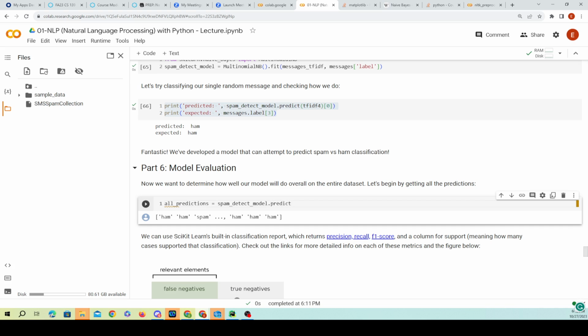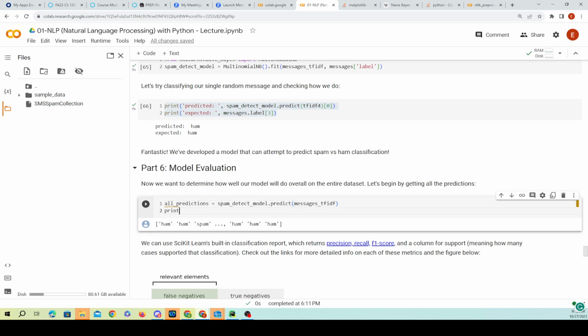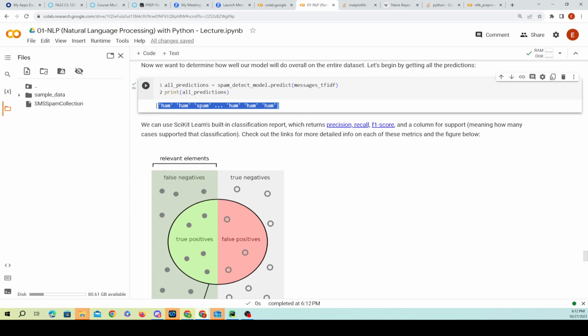Predict for our messages dot tfidf, and print all predictions. So we can see the predictions that we're actually making. Now we can use a